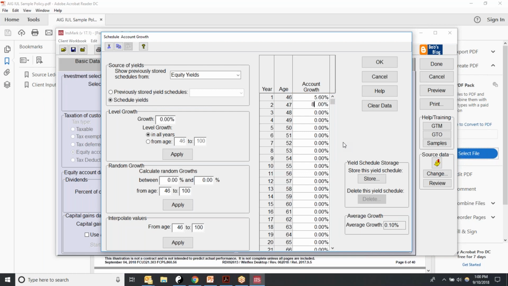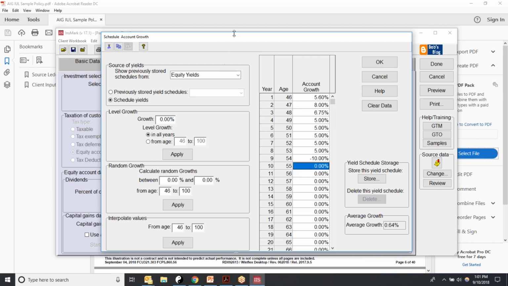So it could be 5.68%, 6.75, and so every year could be a different number, or it could be the same rate of return for so many years, and then it's going to drop for maybe those years when there's a crash in the market